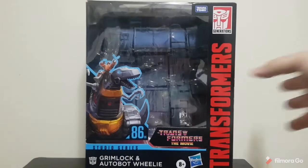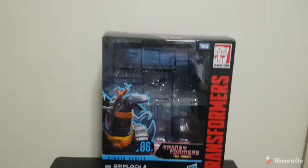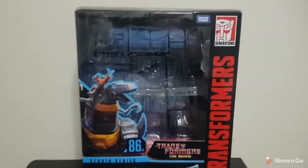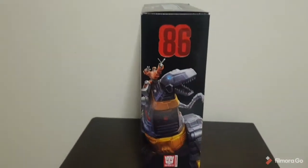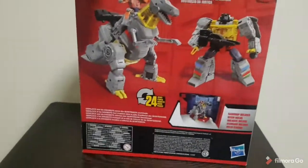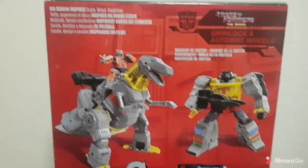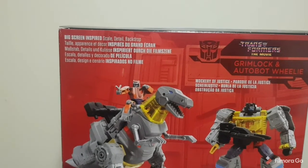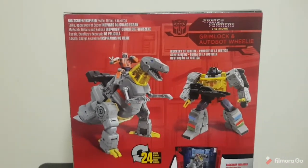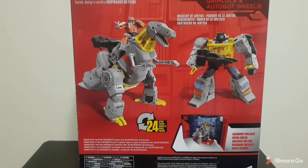So it's got the old school full plate, full plastic at the front. Really cool animated picture of Grimlock and Wheelie. Got the sides, the '86 motif, and this will show what you can do with him. So big screen inspired scale detail backdrop. So there is, as anyone who's picked up any of these figures, there is a backdrop, and of course he